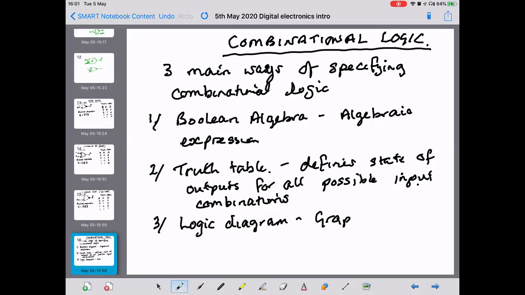A graphical representation of each gate. So if we've got a more complex logic circuit, we can express that in any one of those 3 ways. So, by way of an example,